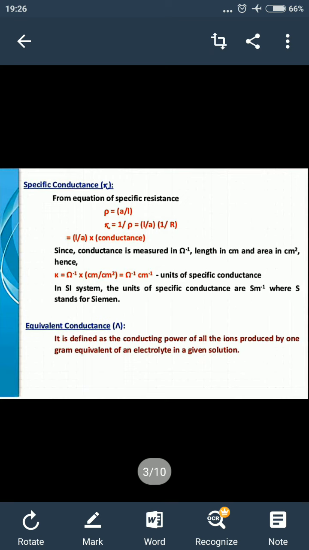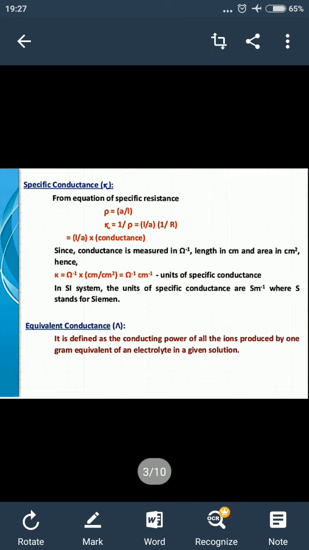So, we know rho is equal to R A upon L. So, K is equal to 1 upon rho, that is L upon A into 1 upon R. 1 upon R is called conductance. So, it is L upon A into conductance. Since conductance is measured in ohm inverse, length in centimeter and area in centimeter square, hence